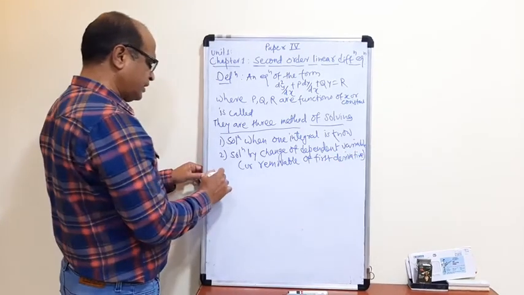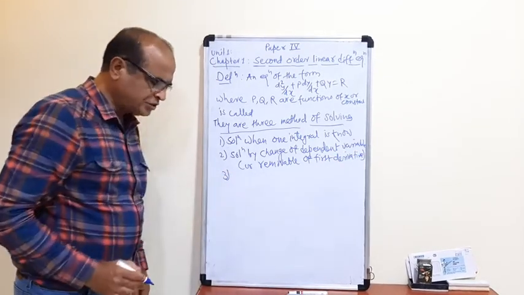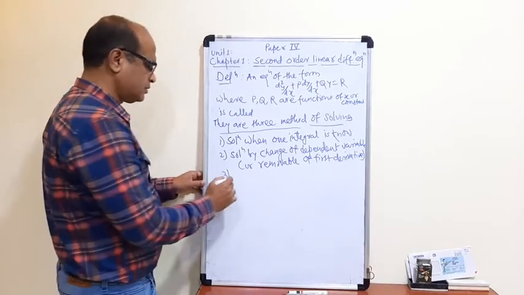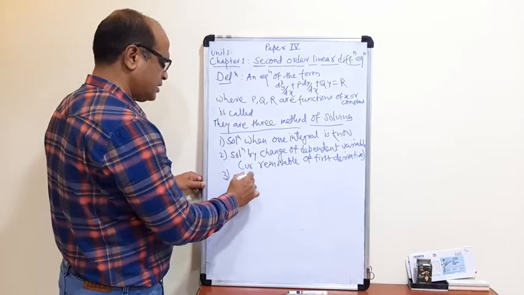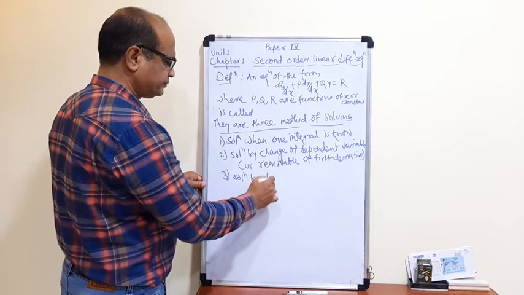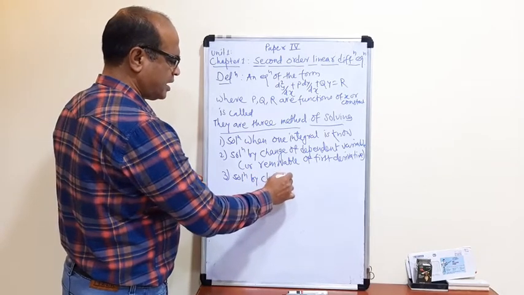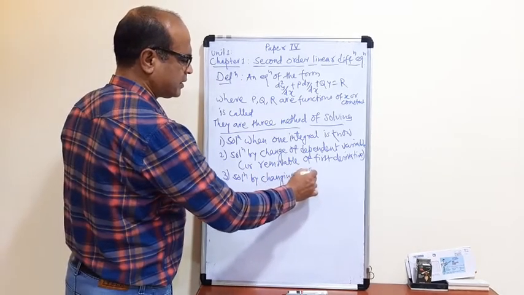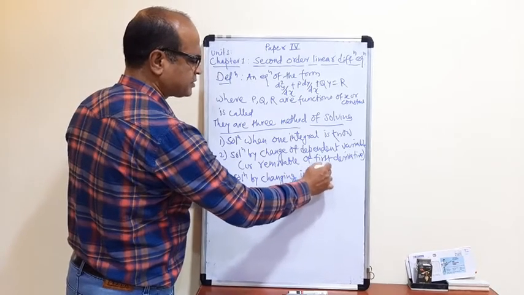What is the third method? Solution by changing the independent variable. So there are three methods of solving